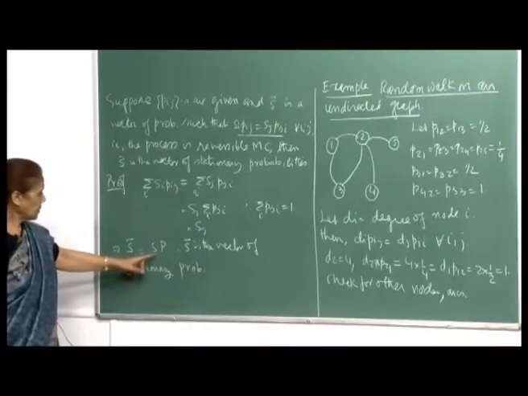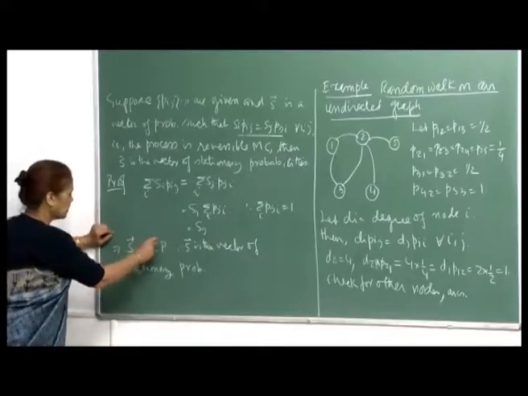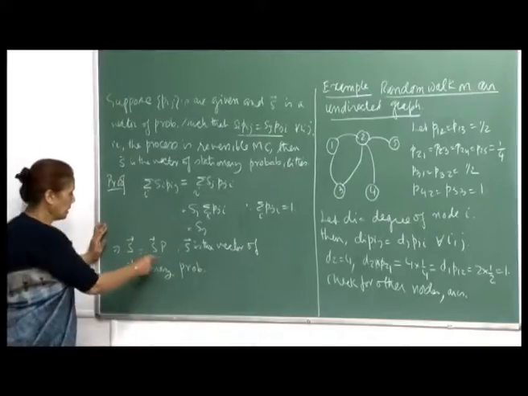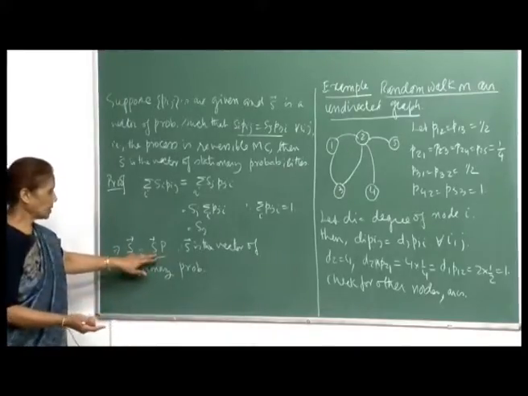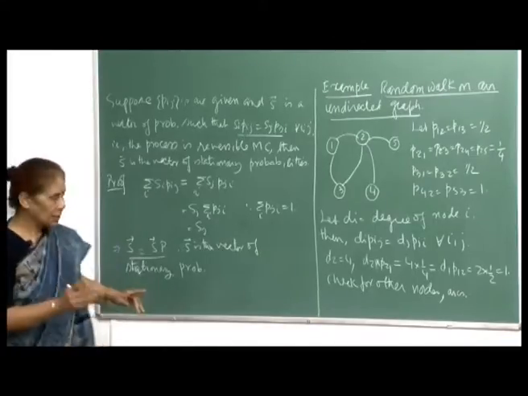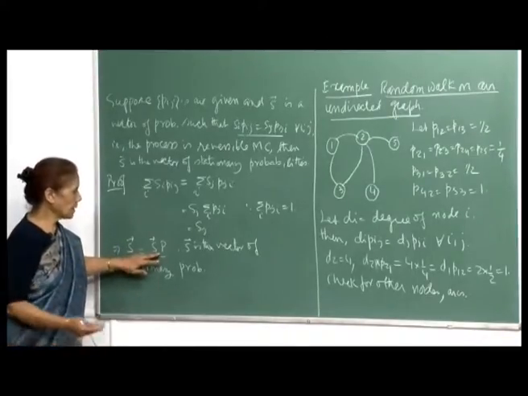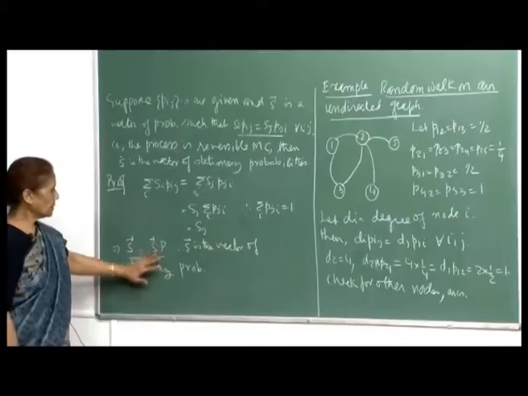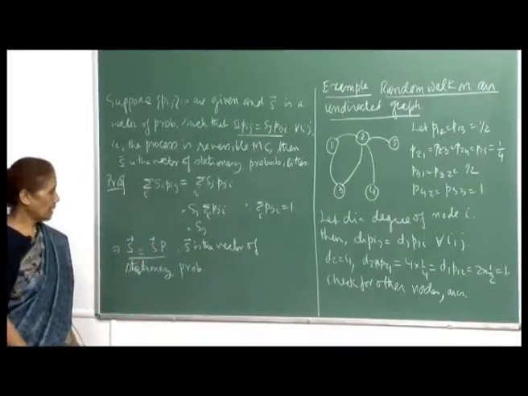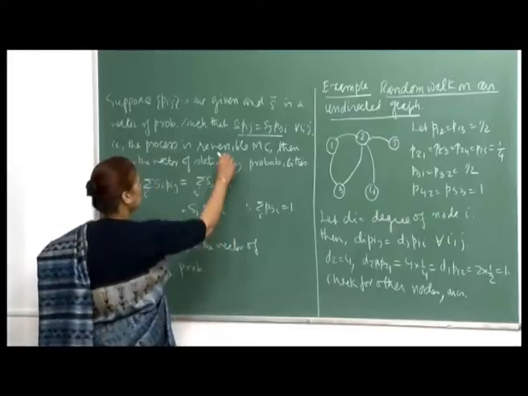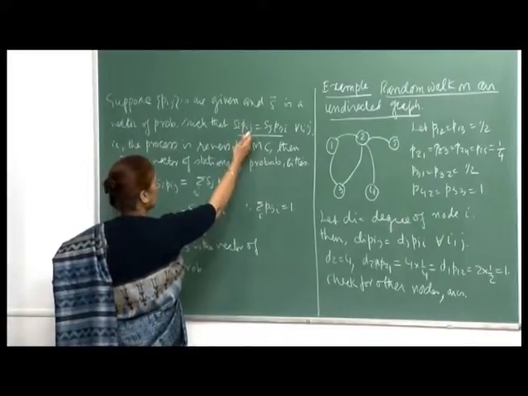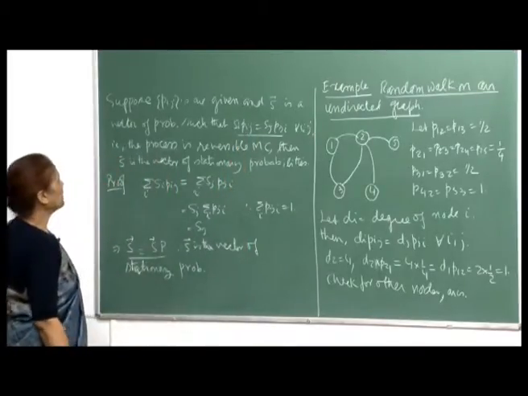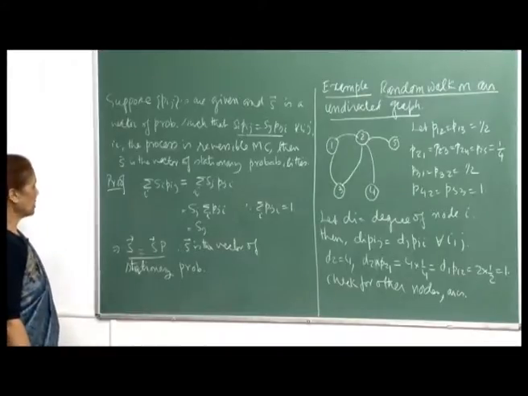So, this gives you the matrix equation S equals SP. Remember we said that when you have this and the condition that the components of S add up to 1, then you have a unique solution, and that unique solution is the vector of stationary probabilities. Okay. So, we now know that for any system, if we can find a vector S such that, with the transition probabilities of a Markov process, it satisfies this, then S must represent the stationary probability vector.